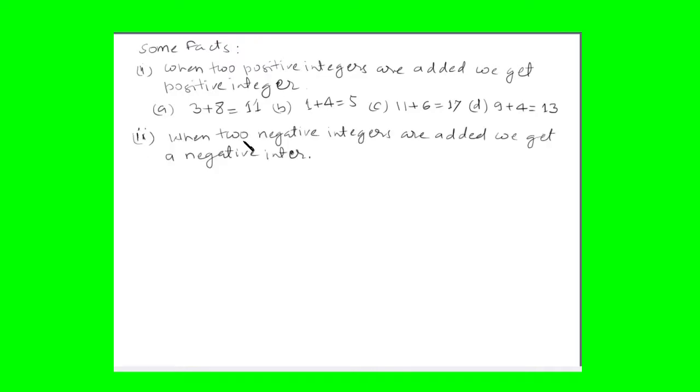Second fact, when two negative integers are added, we get a negative integer, and our examples are minus 7